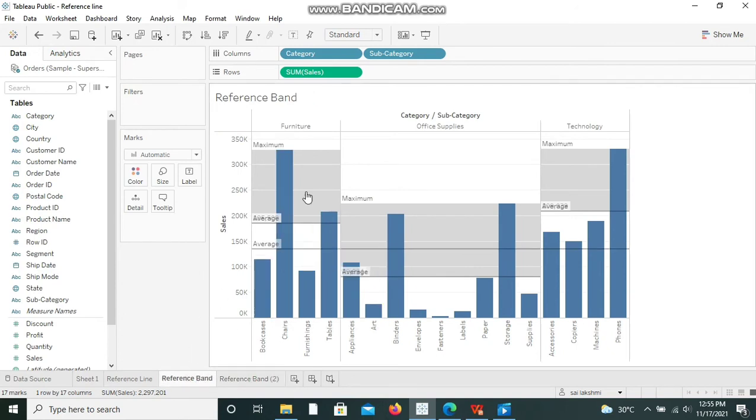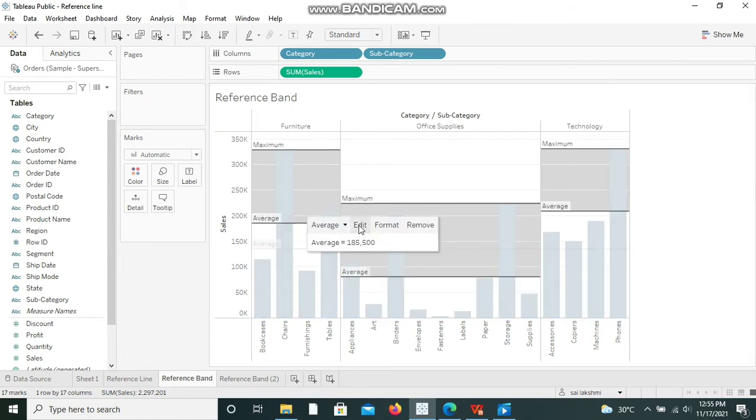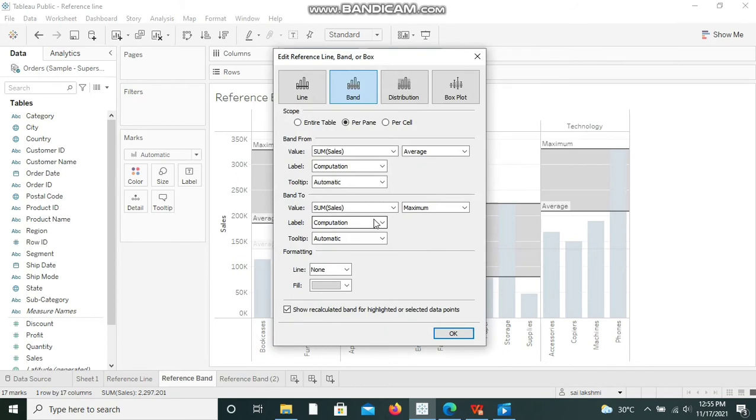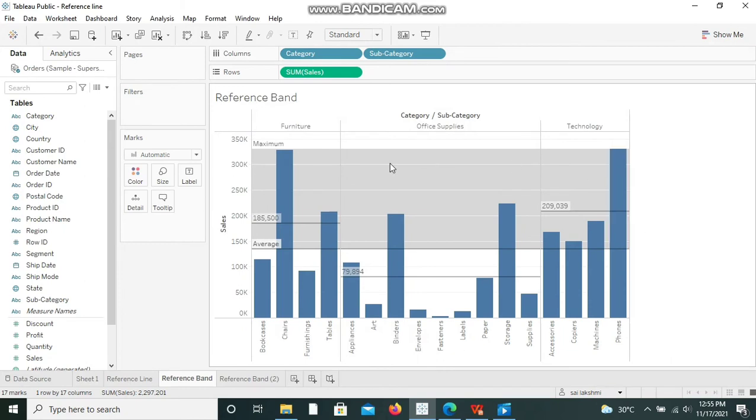I have selected the reference band on the previous sheet. I am going to edit and select the scope as entire table. Now you see when we select the entire table, it will consider the entire data which is available in the sheet, and it will display the average and maximum values based on the entire table.